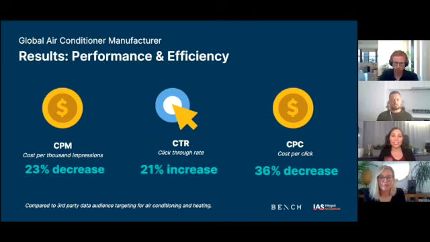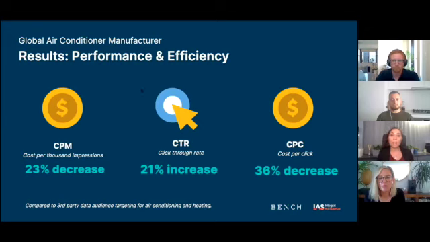This head-to-head test generated some really fantastic results that really showcase the power of contextual targeting. As Sam mentioned, this advertiser leveraged a combination of seasonal and topical segments focused on hay fever and pollution content. They drove increased relevancy by choosing content with a positive sentiment. When comparing contextual targeting results to the third-party audience targeting, contextual drove stronger performance results with a 21% increase in